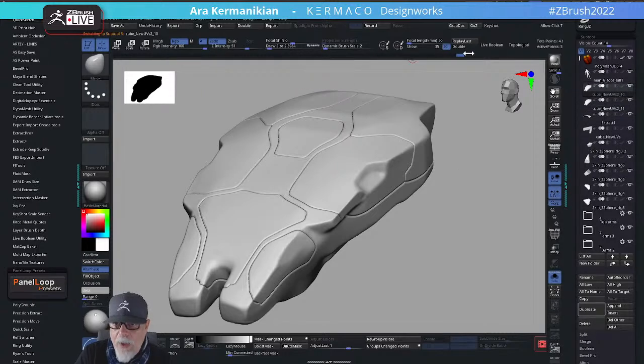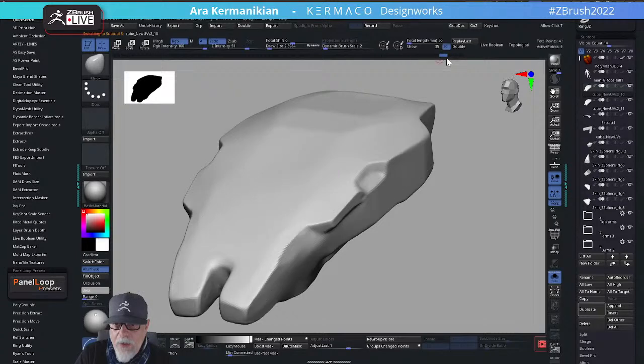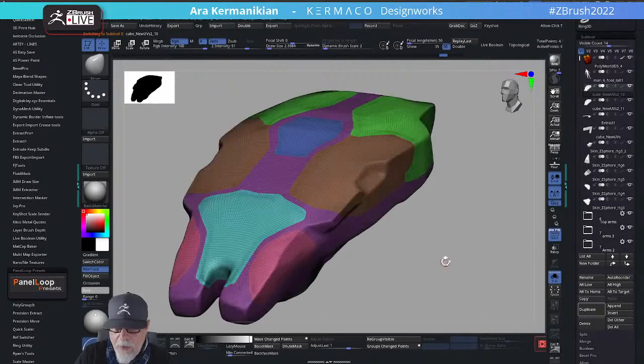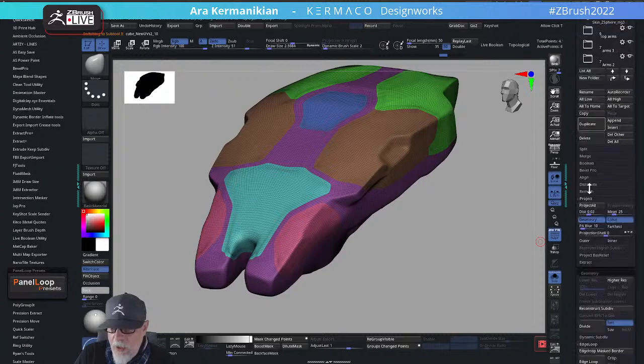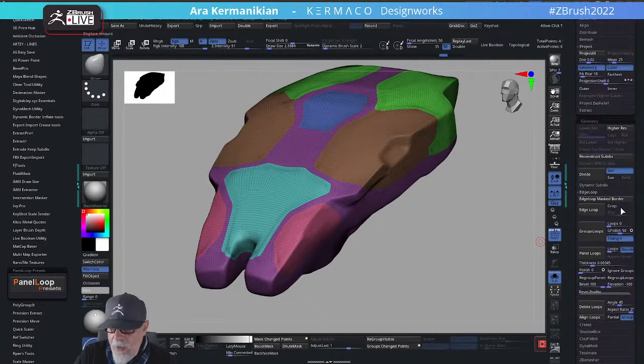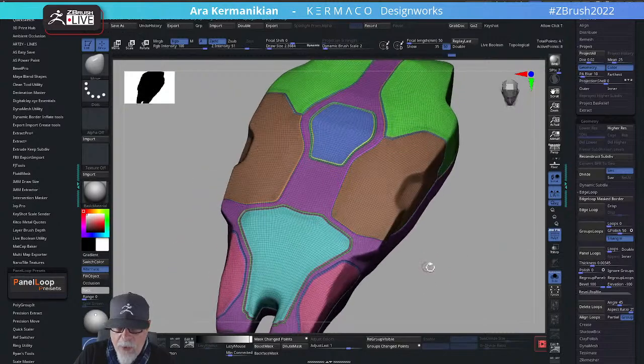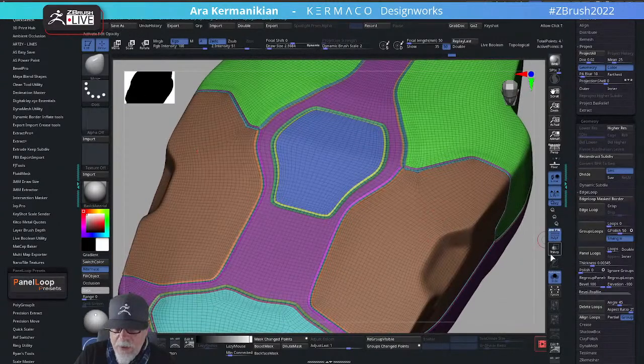Okay, and then on this old one, I'm going to go before I did the polygroup. Right here, I think, is right before I did the panel loops, right? And so here, when I do panel loops, I have double on right here, okay? If I turn this to off, I don't have double on now, and I click on it, it will create the panel loops, and notice,